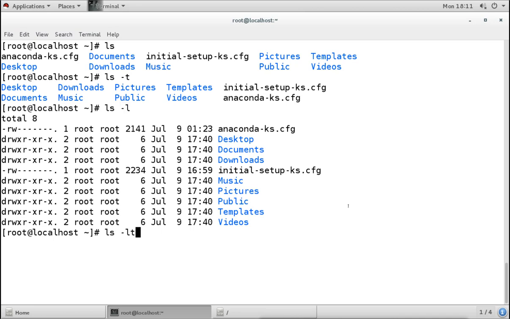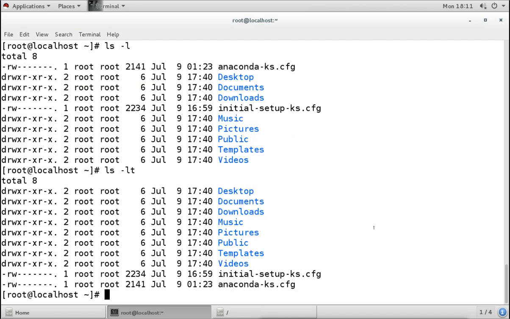I add the t with l also, so -lt. Now you can see it is arranging the files and directories according to the time sequence. This one is the old one, because all the files are from the 9th July, but this one is created at 1:23, then this one at 16:59, and after that these directories are created at 17:40.